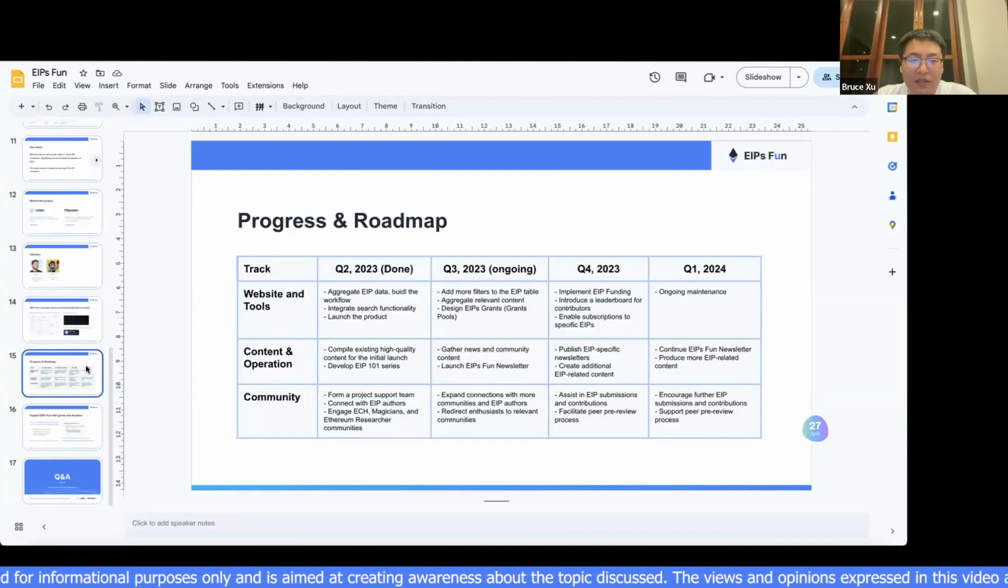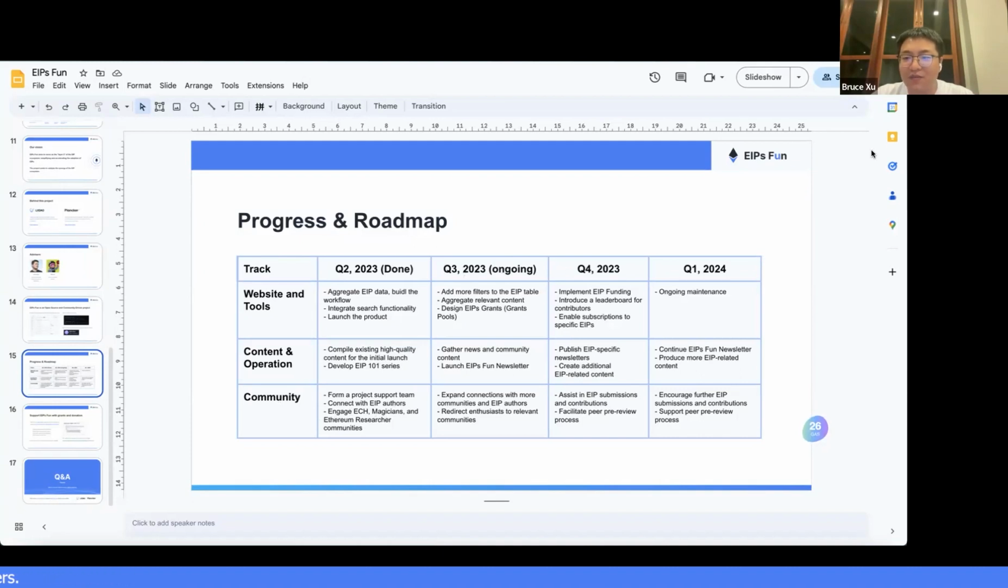Speaking about the progress and the roadmap, in the past Q2 we have done the website and tooling, and we have started creating the newsletter and some content. Also, we are building connections with communities, like today, right? So we are building connections with Ethereum headers. And for Q3, we are going to design the EIP grants strategy with experts from Gitcoin and others, and this is the main task of